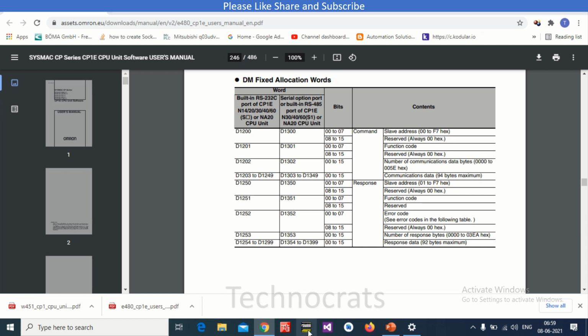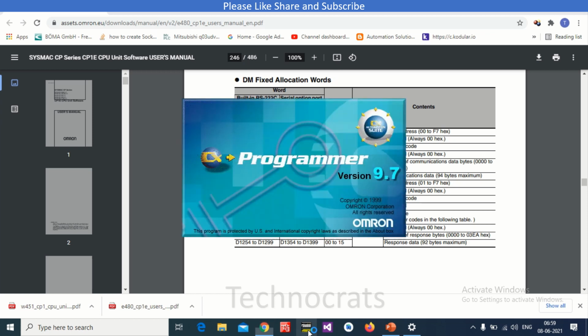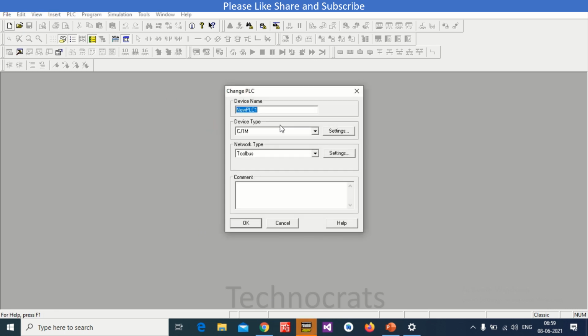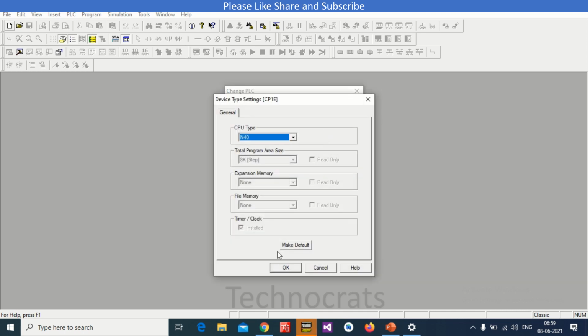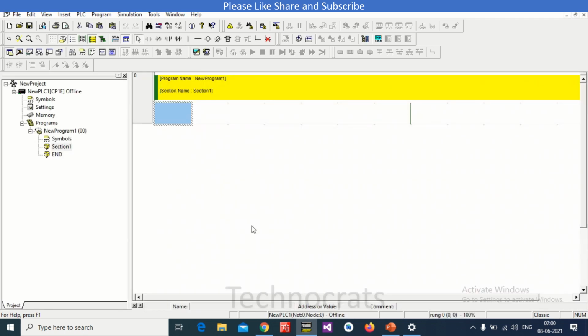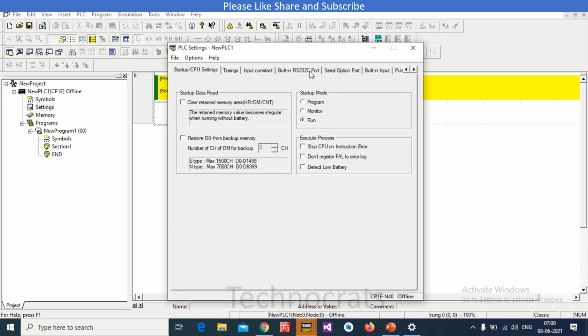Here I will open CX Programmer. Now we will select the PLC, CP1E, and 40 is set as default. OK. So first of all, what you have to do is go to the settings, serial